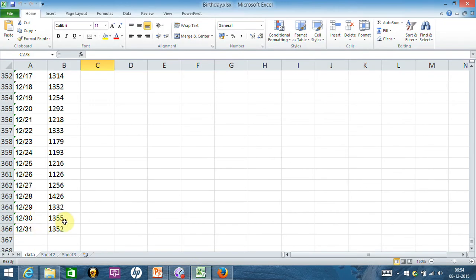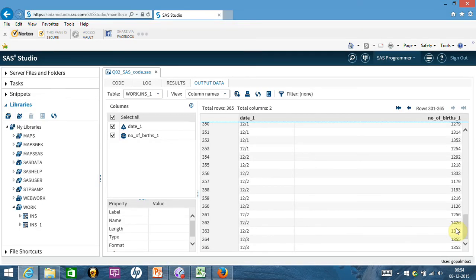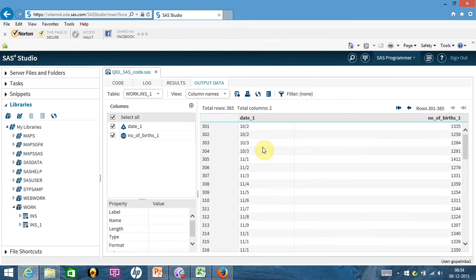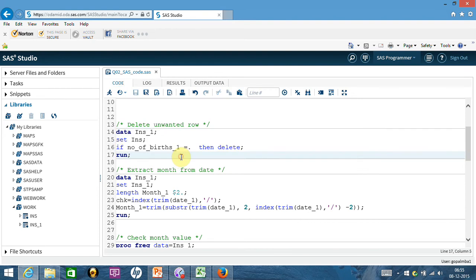You look at here, 1230 is row 355, and here it has come as 123. So it hasn't captured the last character. And why has it not come correctly? Because it took date 1 as probably a 4 column field, and that's why it is ignoring the last column.